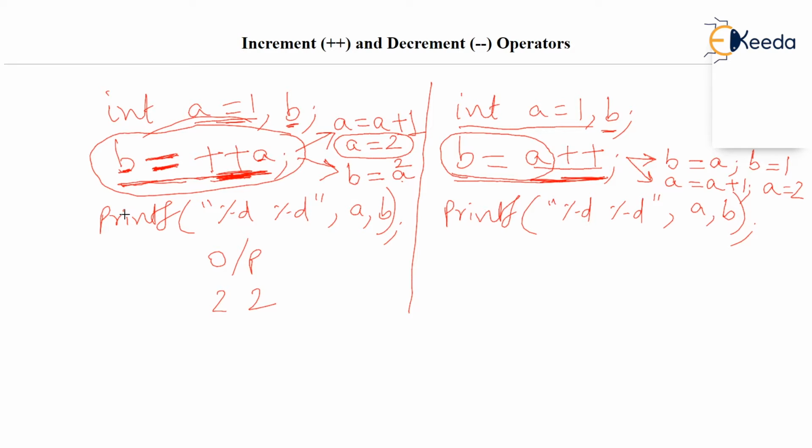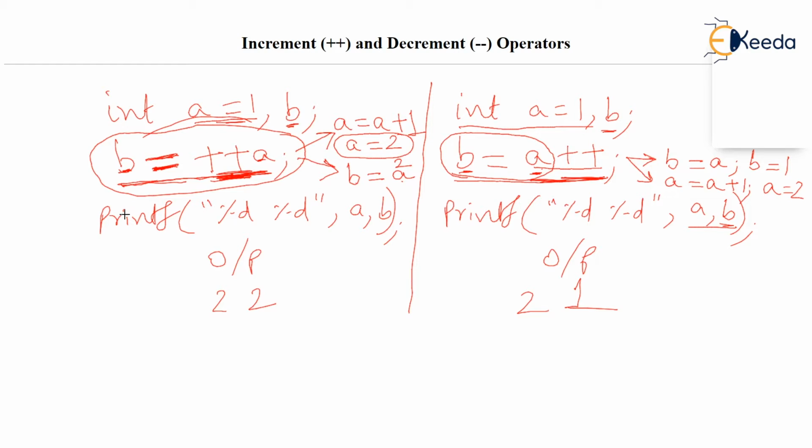So what are the values of A and B? A is printed first, so the output will be 2, and then the value of B is printed, but B is 1. You can read this statement in English as follows. B should become equal to A, and after B becomes equal to A, A should increase by 1. So B will take the older value of A, which was 1, so B will become 1, and after that A will become 2 because A has increased by 1. So that is what postfix and prefix are, and that's how we use this plus plus and minus minus in a lot of situations. Let's revise.